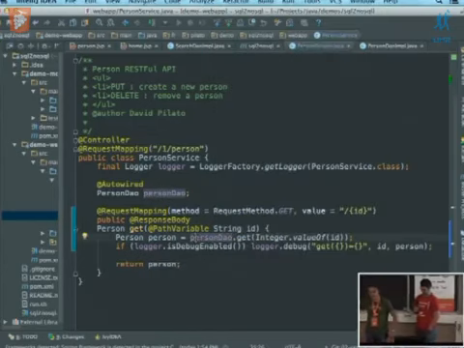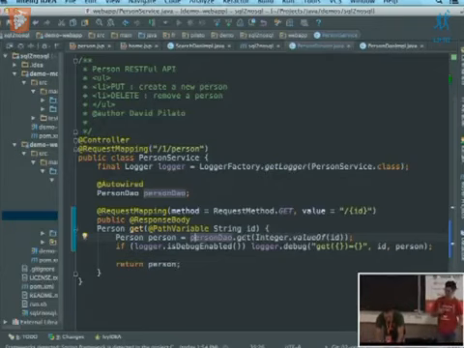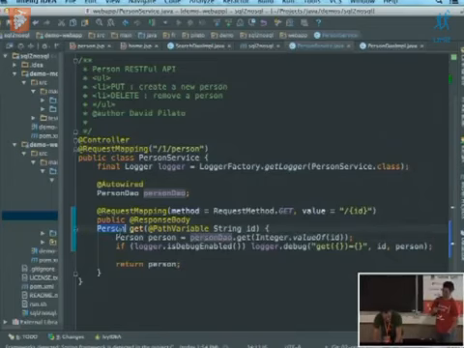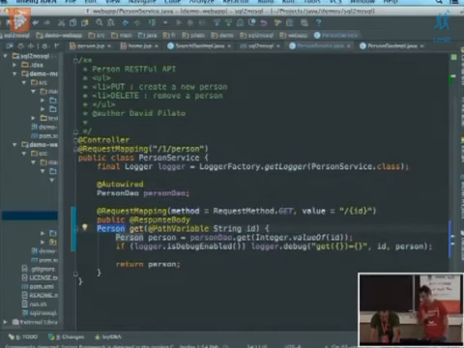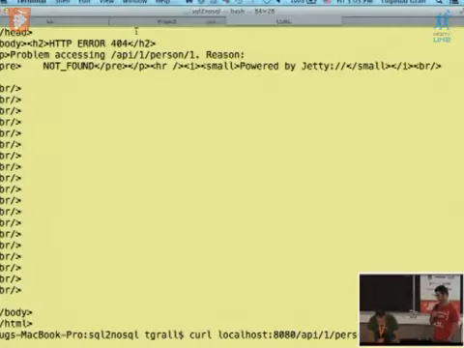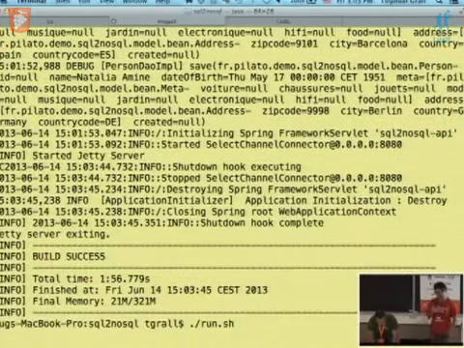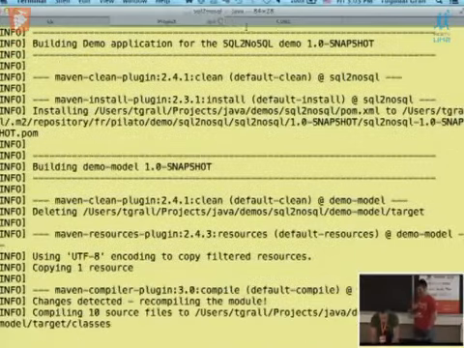Remember that it's always Hibernate and the SQL database behind the scenes. So we do a get, we get back a person, and we use Jackson, in fact, to serialize that person to JSON using that annotation. So now I have to kill my process and restart it. Yes, Java world. Okay, so I rebuild it.